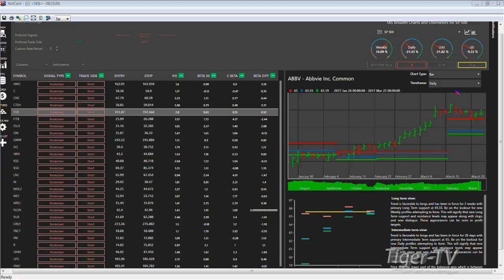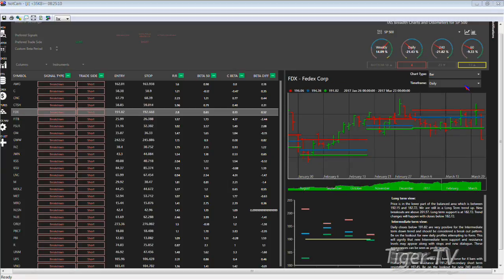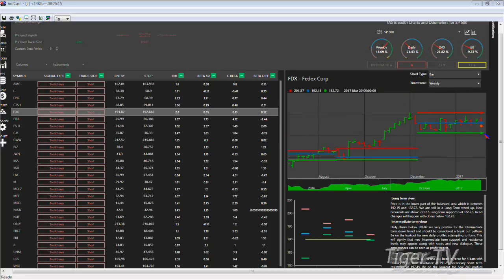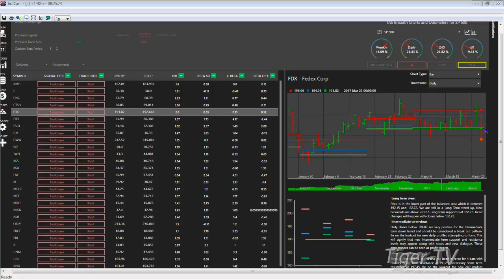Let's take a look at FedEx. So this is, again, the daily on FedEx here. Let's take a look at the weekly. So decent, not great risk reward, but decent. And kind of that daily breakdown. Now you can kind of come up and maybe sell 191.82, but I want to bring this up on my eSignal charts really quick.